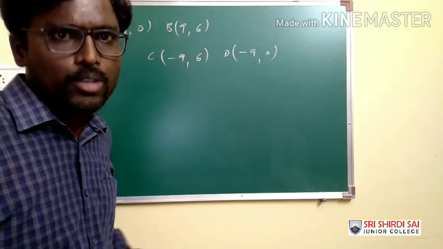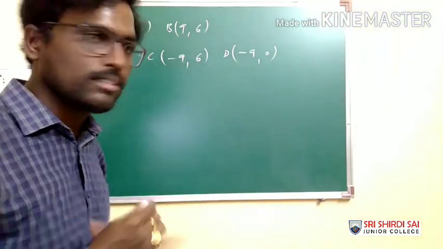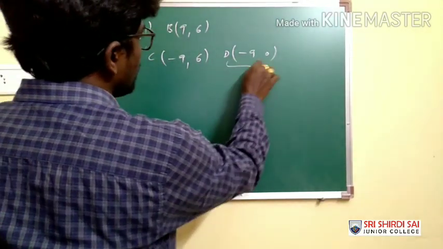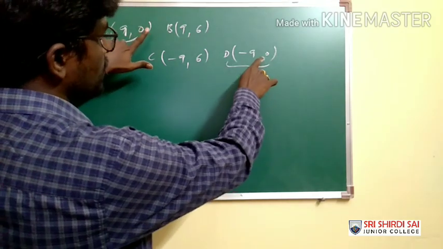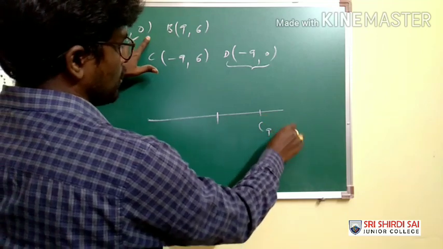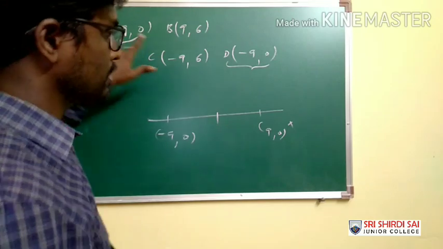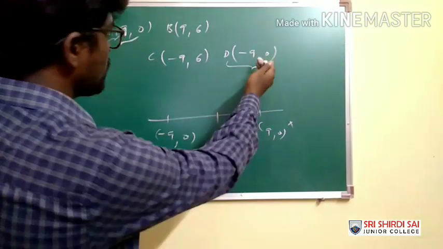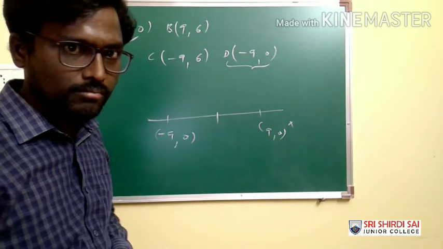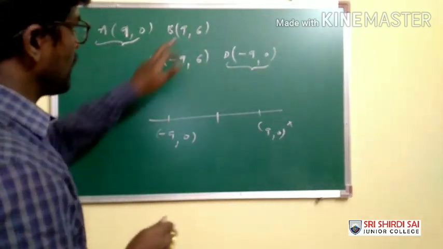Even here, you need not calculate AB, BC, CD and DA. What is the reason? When you notice the coordinates of A and D, these 2 points are lying on the x-axis in opposite directions. This point is (9, 0) and this point is (-9, 0), and on the x-axis the y coordinate is 0, so these 2 points clearly lie on the x-axis. And coming to (9, 6) and (9, 0),